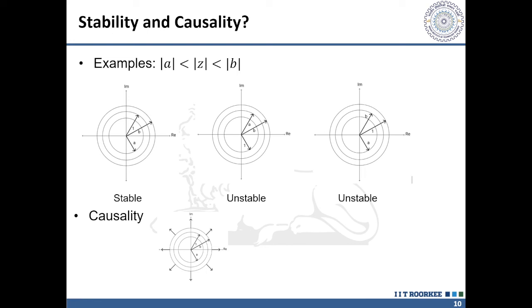Now, from Z transform, we can also comment about the causality of a signal by looking at the Argand plane. If ROC of signal extends outwards from the pole with largest radius, then the signal is causal, as you can see in the example illustrated here.